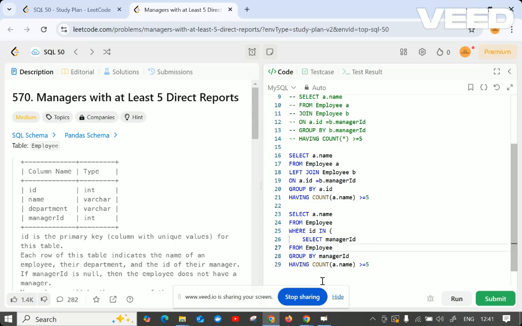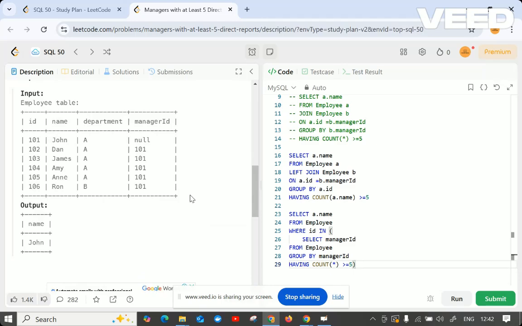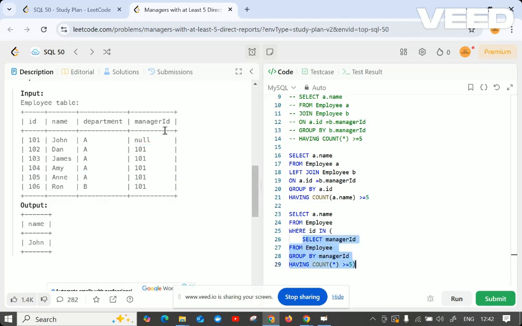I'm grouping by manager ID where count is greater than... See, I'm just taking the managers here. So this is one subquery where we'll be taking manager IDs from the employee table, grouping by manager ID. This one I'm taking with those who are having greater than 5. So these things I'm taking, and I'm getting the name of that